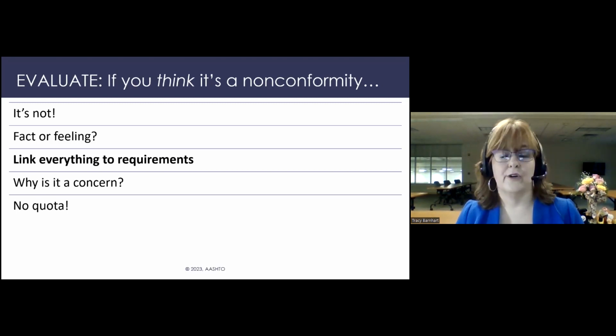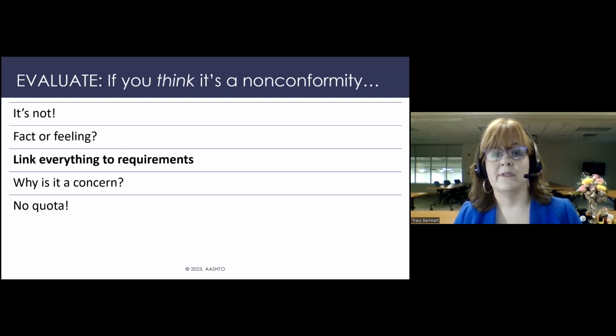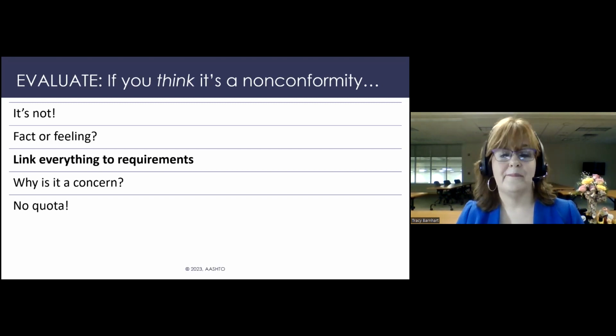Remember, again, there's no quota. Start with a clean slate. You can have an internal audit report with no findings, and that's okay. However, keep in mind, if that's the case, and then AASHTO Resource, CCRL, and other third-party auditors come in, and your reports for those audits are riddled with findings, that's a really good indicator that your internal audit was not effective or thorough.